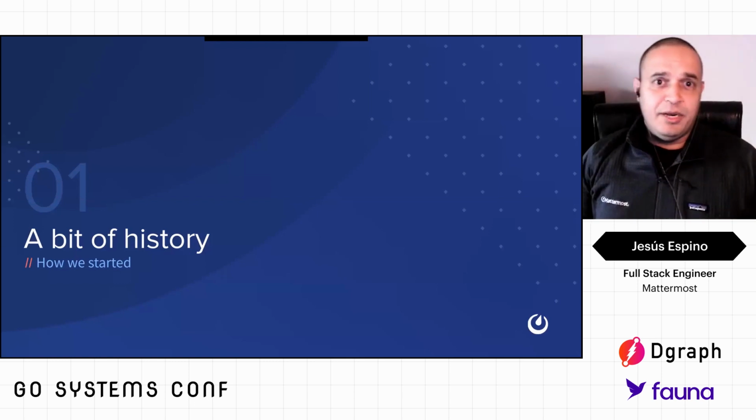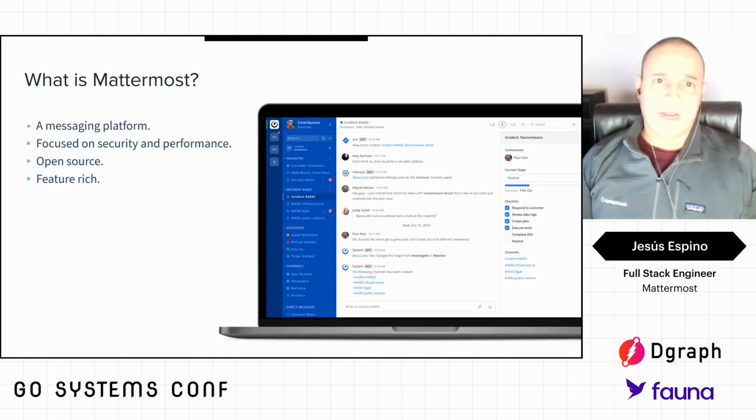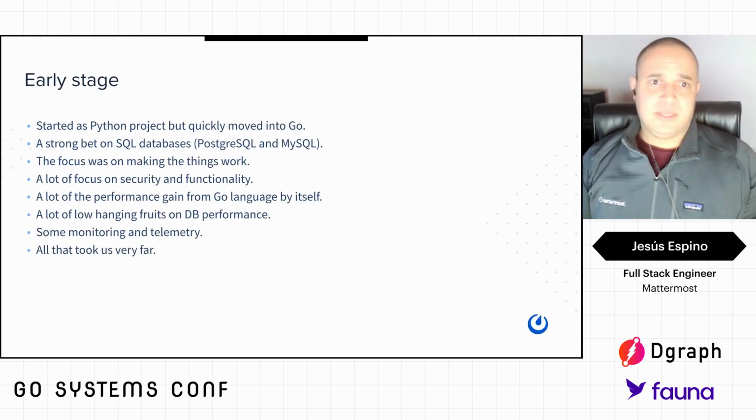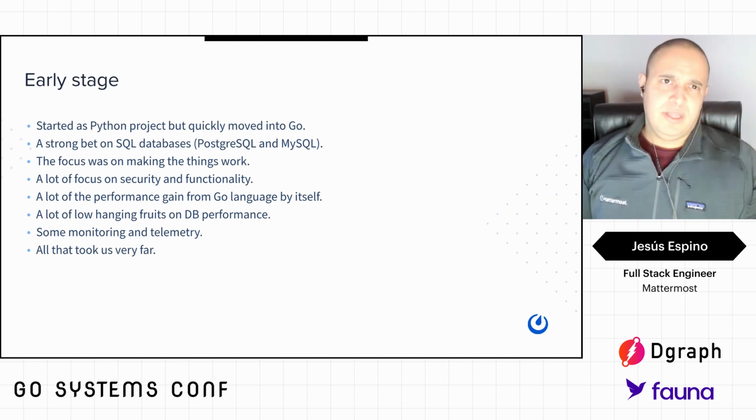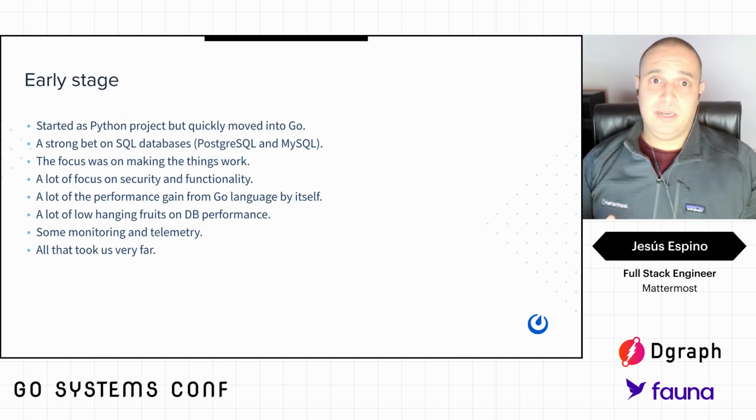Well, first of all, a bit of history. What is Mattermost? Mattermost is a messaging platform very focused on security and performance. It's open source and feature rich. How did it start? In the early stage, we were writing in Python, but we moved into Go pretty quickly, and we bet strongly on SQL databases using Postgres and MySQL. The focus at the beginning was making the features work, making it secure, gaining some